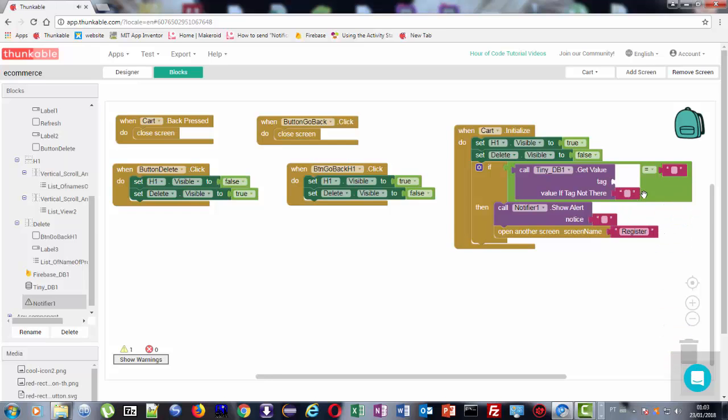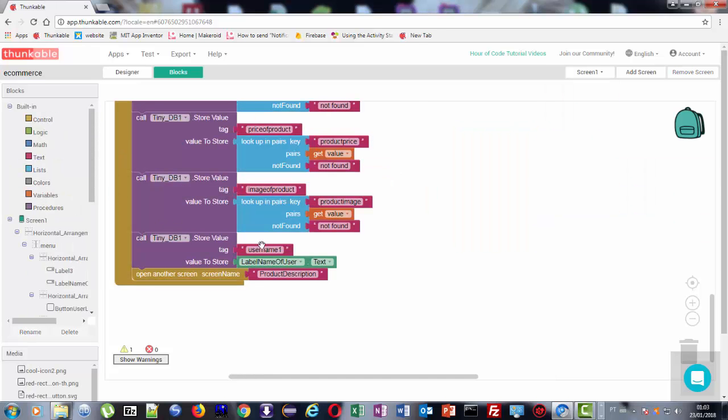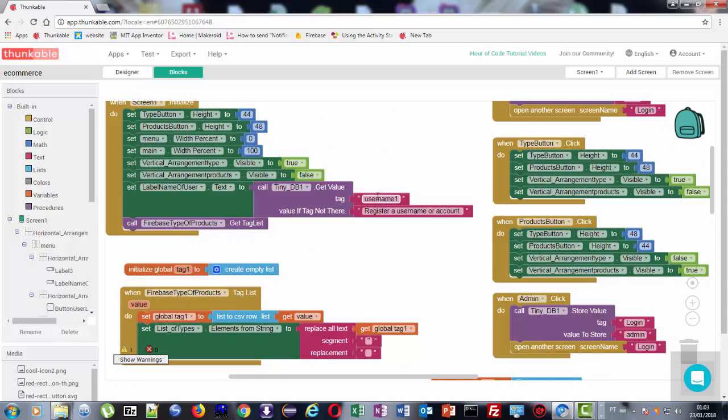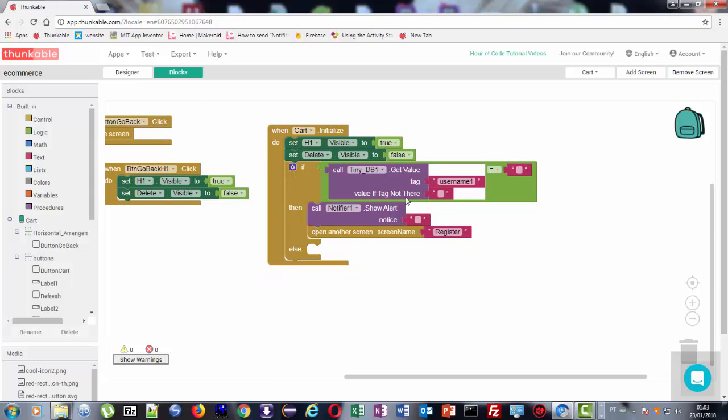So we're gonna check under the tag username 1. That is the same as in the product description or in the screen 1. So is this one here. Screen 1 name, username 1, username 1. If it's different from nothing, it means that the person is logged in and we need to